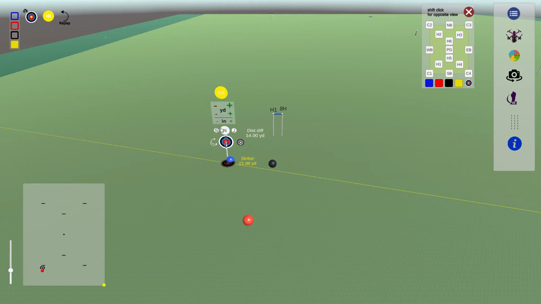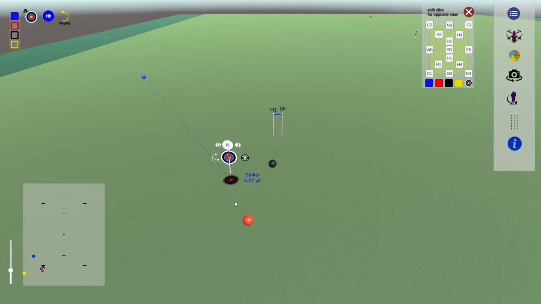I'll explain what the S, N and J do in a moment. So let's shoot. Really hard shot. Oh, what a shot. Yes, great shot there. And that might now make it more difficult for the blue to hit the red, although we have already seen that these players are all extremely good. So let's just position this